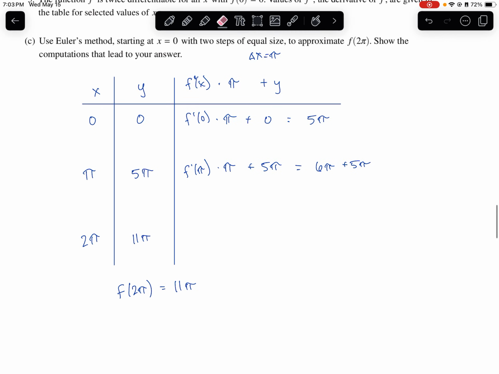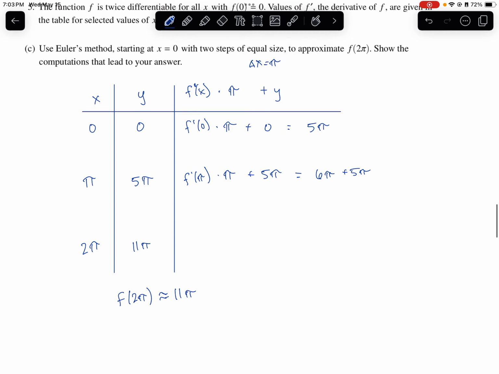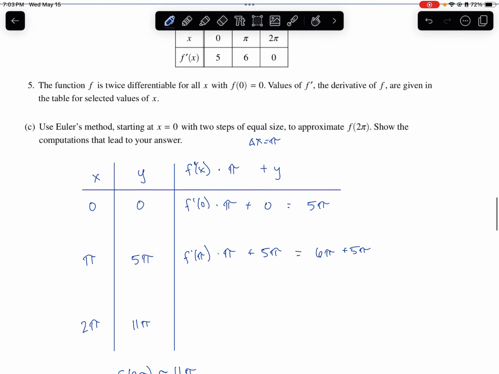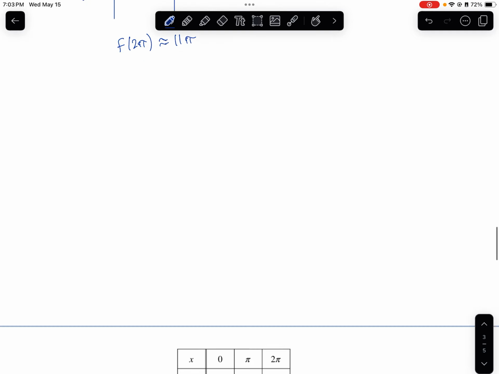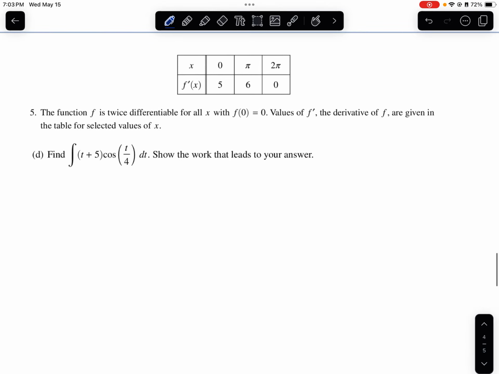I guess if we want to be a little bit more technical, we would say we'd approximate it because we are using Euler's method. So use Euler's method starting with x equals 0 with two steps of equal size to approximate f of 2 pi. So f of 2 pi is approximately 11 pi. Okay. And this last part right here, so find